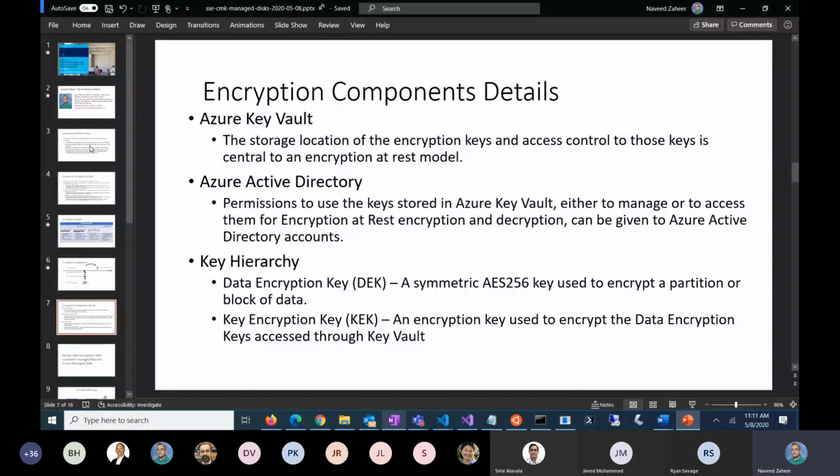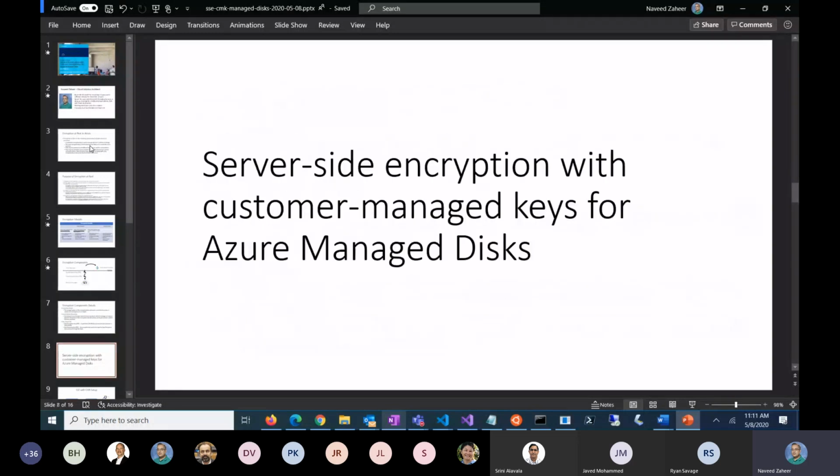to the actual heart of our topic, which is server-side encryption with customer managed key. Why is this important? When this started, if everybody remembers Azure history, we started with disks which were based on storage accounts. If you wanted to create a disk, they used to be called unmanaged disks. You carve it out from a storage account,